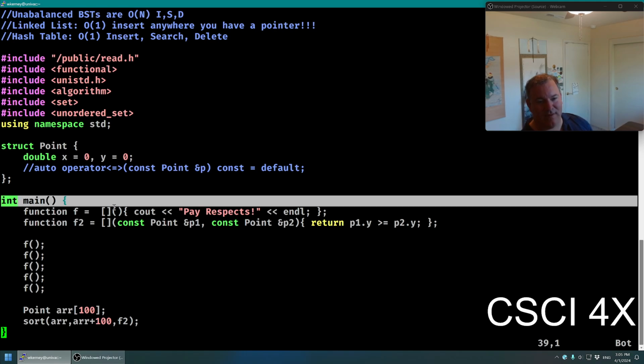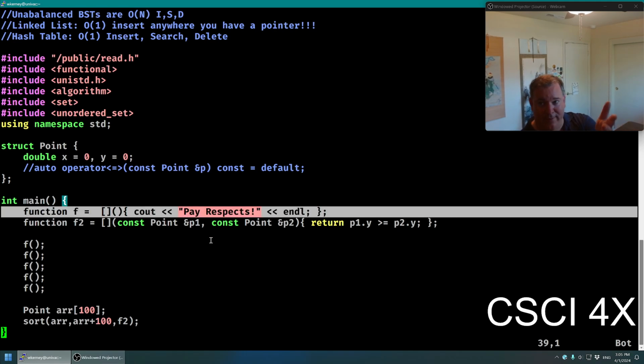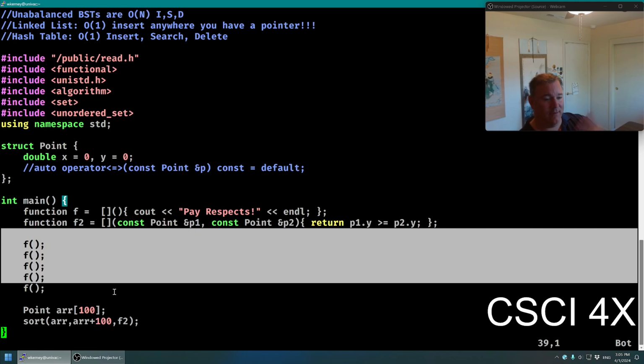Okay, so do you see this then? We made a function called f, and this function only exists inside of main. Can't call it anywhere else. So it's kind of cool. And this is probably good practice: if you have a function that only gets called within one scope, make a lambda inside the scope, right? And then you can actually see the thing that you're calling. It's right there, and you can call it however many times you want.